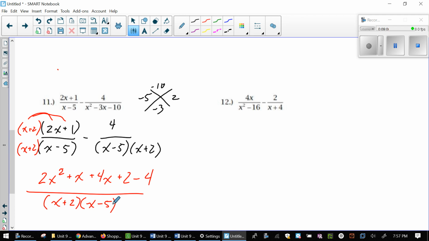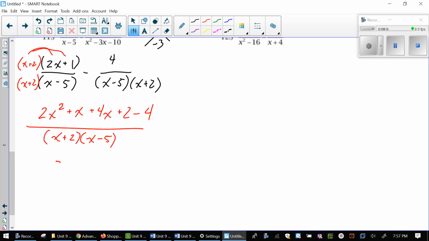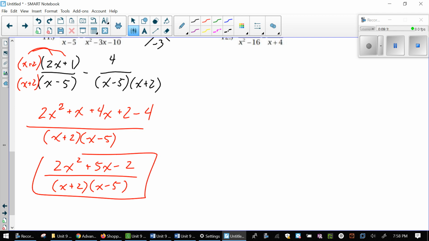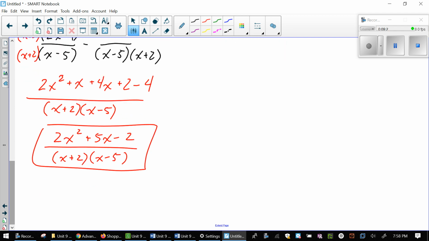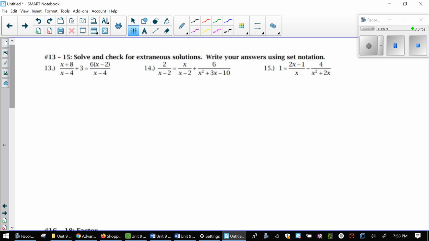All right, now let's just go ahead and simplify, and we are good to go. So in our numerator, 2x squared plus 5x minus 2 over x plus 2 times x minus 5. And boom, there we go. All right, so there's getting our common denominators. Let's keep cruising. All right, we did have a request for number 13, so let's go ahead and do number